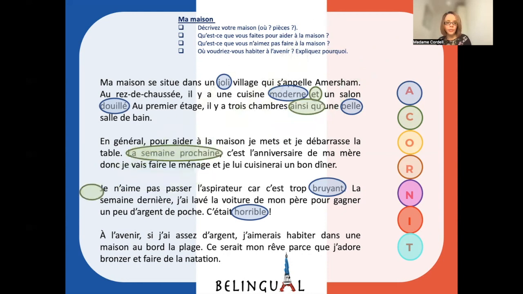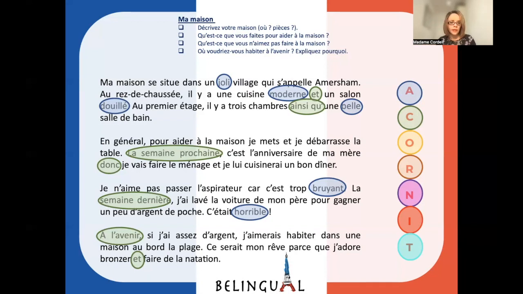Et ainsi que la semaine prochaine, donc la semaine dernière, and à l'avenir. So when you use a new tense, try to introduce it. If it's in the past, you could say l'année dernière, le mois dernier, la semaine dernière, hier, avant-hier. Okay, so if you're looking into the future, again, introduce it: la semaine prochaine, le week-end prochain, le mois prochain,